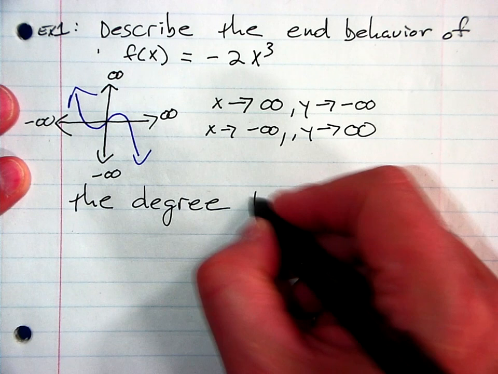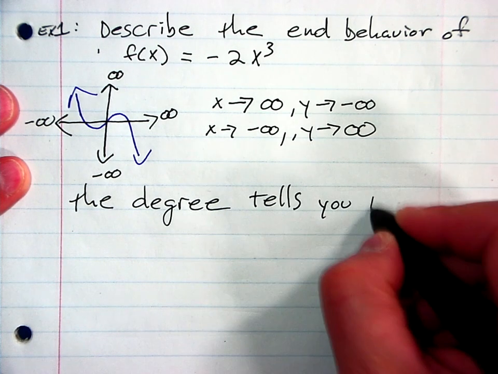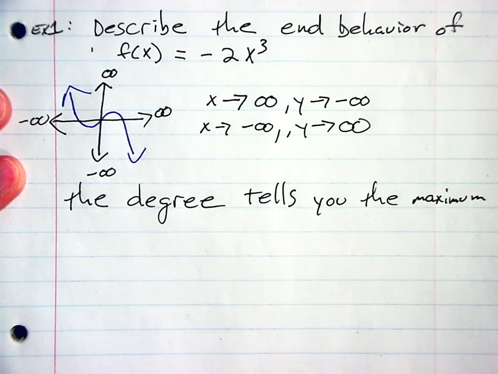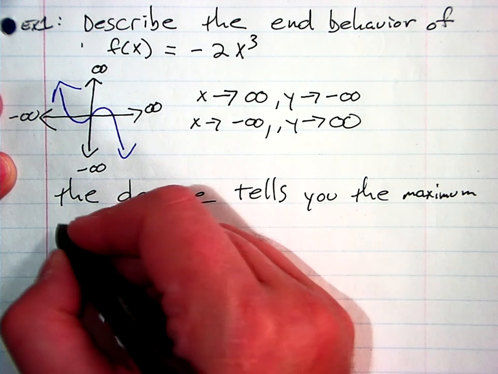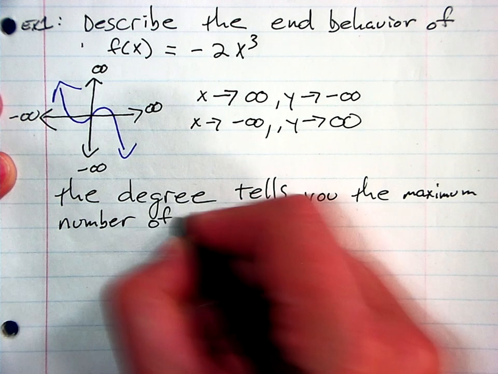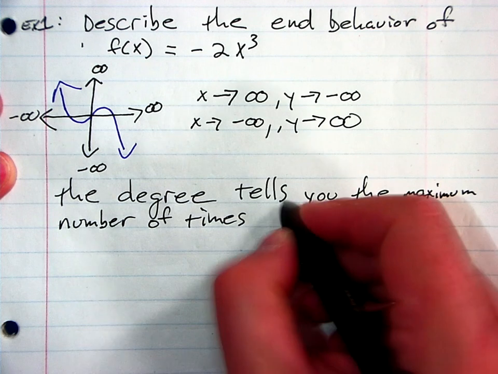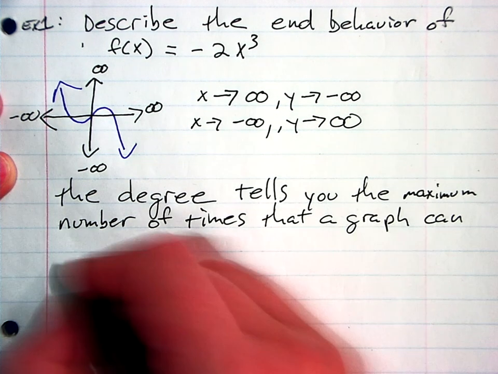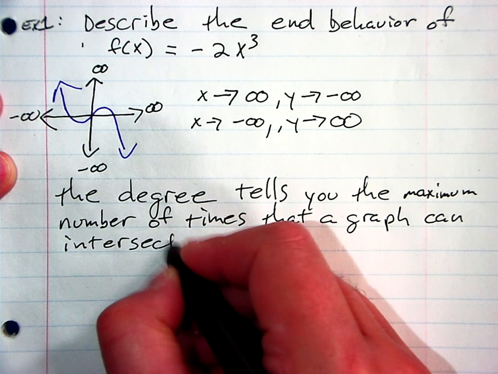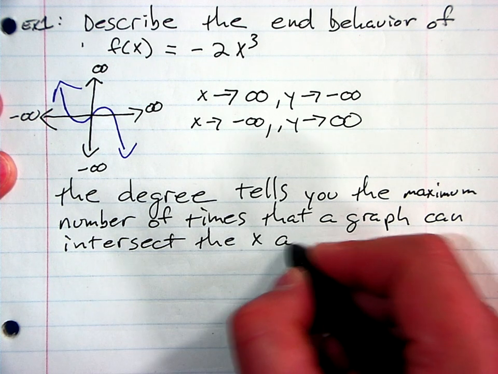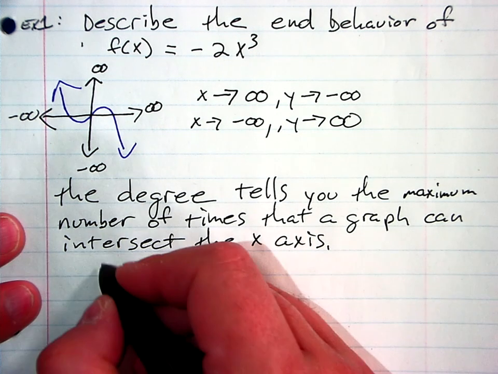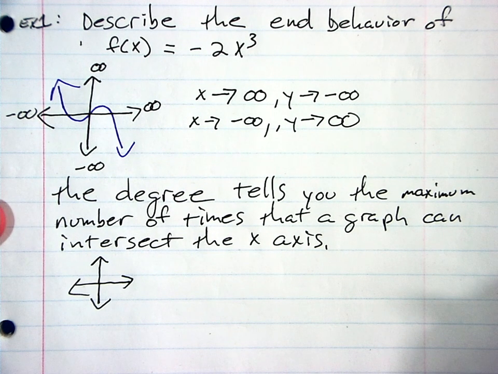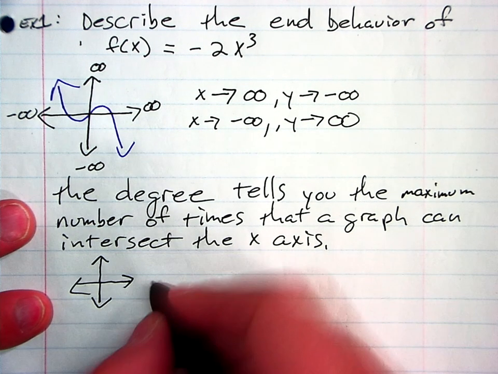The degree tells you the maximum number of times that a graph can intersect the x-axis. And once again, being a visual learner, I'm going to draw a little graph. It says the degree tells you the maximum number of times that a graph can intersect the x-axis. So if I had an x squared,